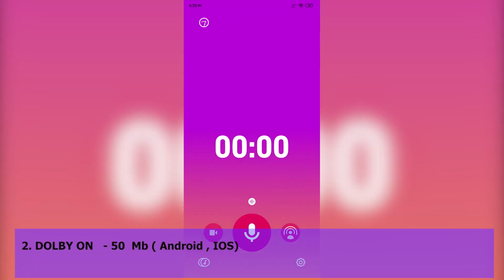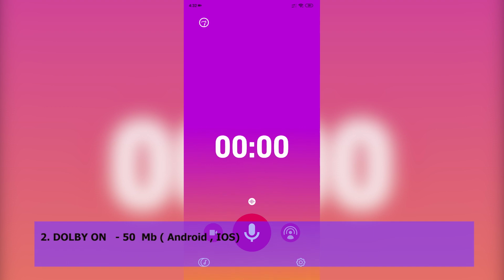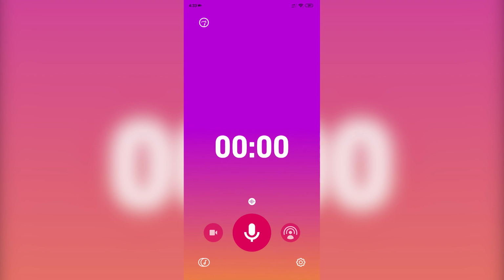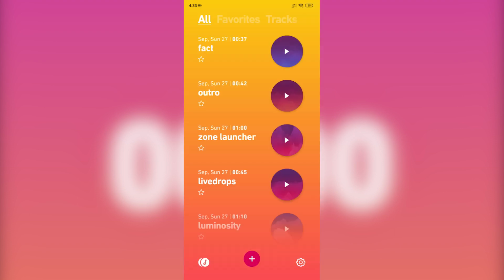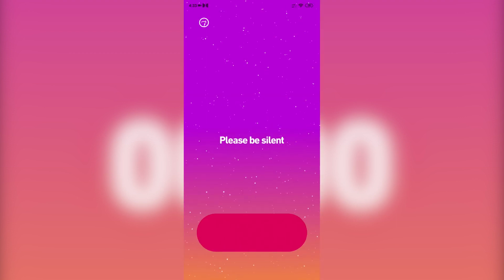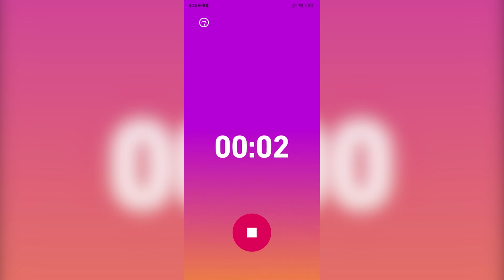Next up we have the Dolby On app. Now this is a free recording app for people who want to record songs or do a voiceover to their videos. This looks just like all the other recording apps, but the thing that makes it cool is its noise reduction and customization. It records a 3-second room tone in the beginning of each recording to apply noise reduction to the clip you are recording.